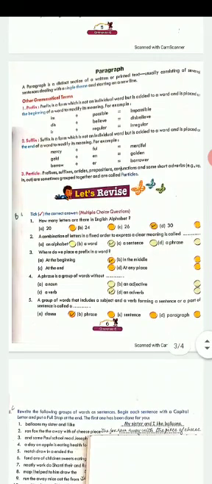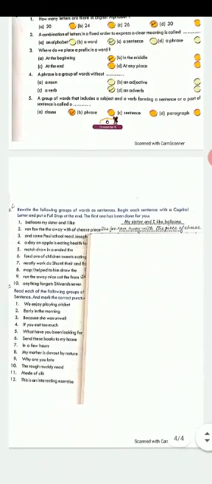Do the exercise on page number 6. This exercise has to be done in the book itself. But the two exercises on page number 7, rewrite the following group of words, and second exercise, read each of the following and tell whether they are phrase, clause, or sentence, this you have to do in a grammar copy. You have to make 3 copies, one for your reader, second for the supplementary reader, and third for grammar. This exercise will be done in the grammar copy.